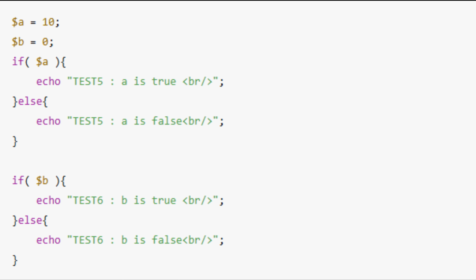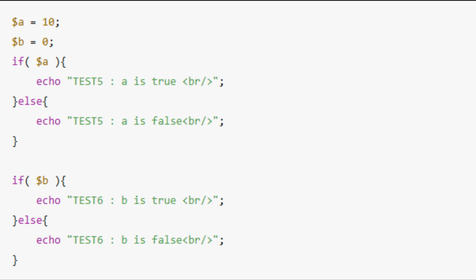When PHP evaluates an if condition, it always converts the given expression into a Boolean value, meaning it decides whether the expression is considered true or false. In this conversion, any non-zero number, positive or negative, is treated as true, while the number 0 is treated as false. With that rule in mind, look at the first condition, if ($a). Because $a holds the value 10, which is non-zero, PHP treats $a as true. That makes the condition true, so the code inside the if block runs and the program prints